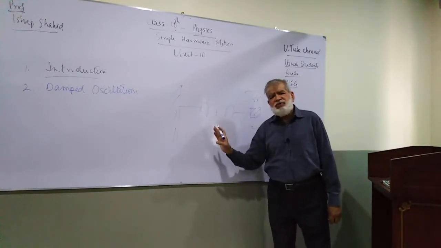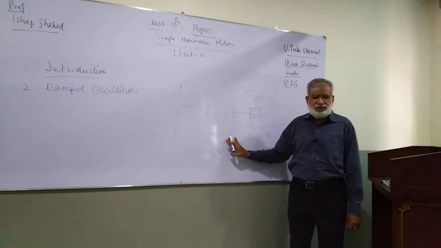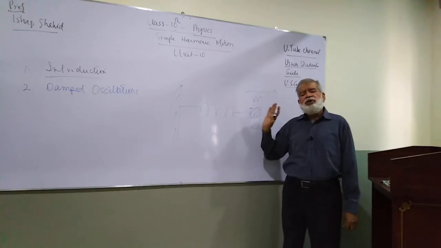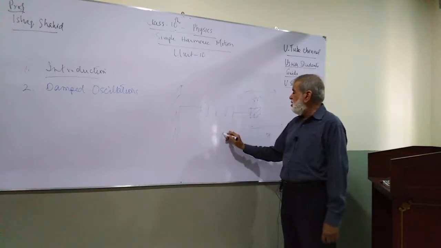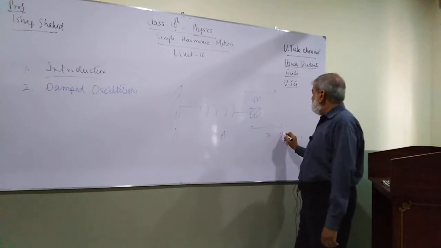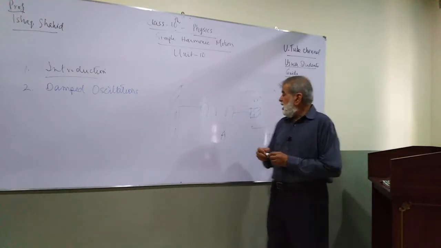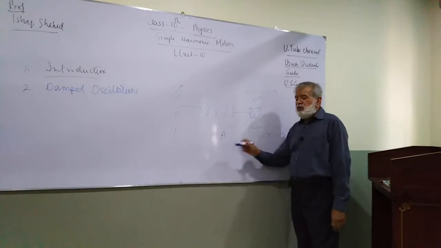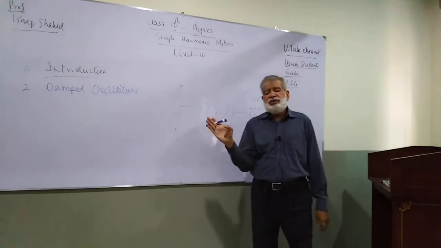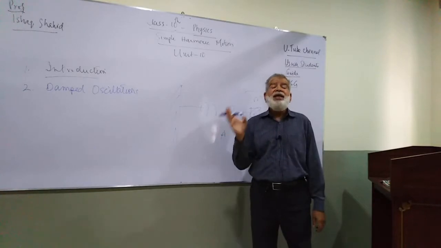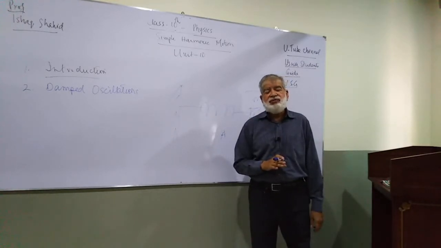In the absence of any frictional forces, this body will continue to perform simple harmonic motion about the two extreme positions and its mean position. It will keep on oscillating in the absence of a friction force